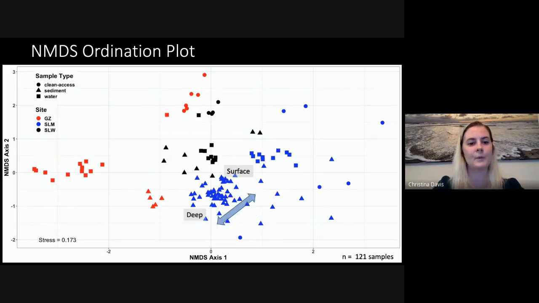But also, when we look at the gravity cores, we see that the surface sediments from the multi-cores most closely resemble that of the Whillans Lake as well. But as we move farther down in the column to the gravity cores, which are about 2 meters down, we see that it shifts over to where the grounding zone samples are. So again, this is providing support that these sediments may be influenced by a marine event.